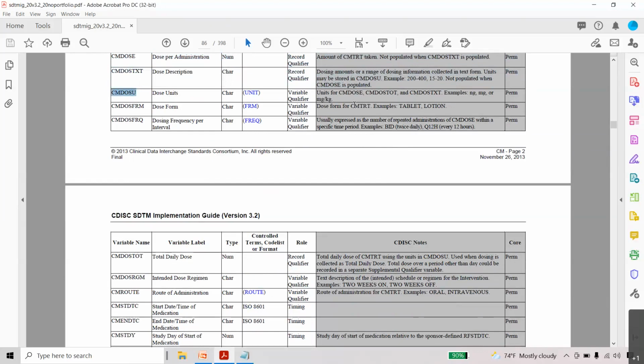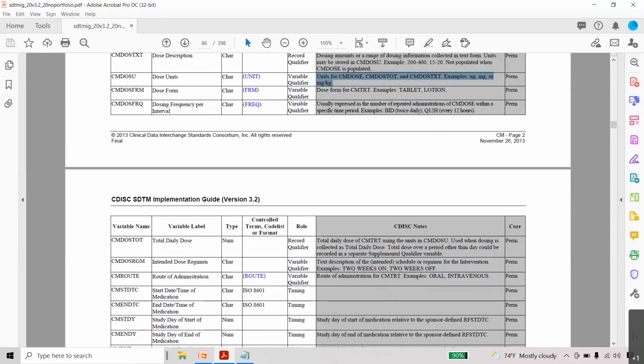If he is taking any medication in liquid form, the unit is ml. We can see different units like percentage, grams, milligrams, ml, mg, micrograms, mg per kg, microliters. All these units we can see in the CM dose units, and it is very important. You may see data issues, like unexpected units that should not be present. If they are present, we can inform the data manager.